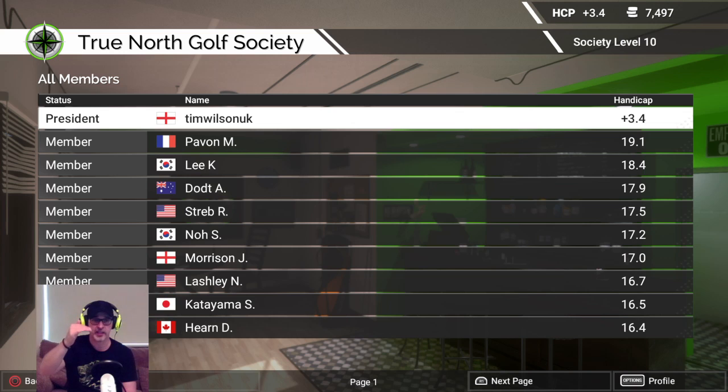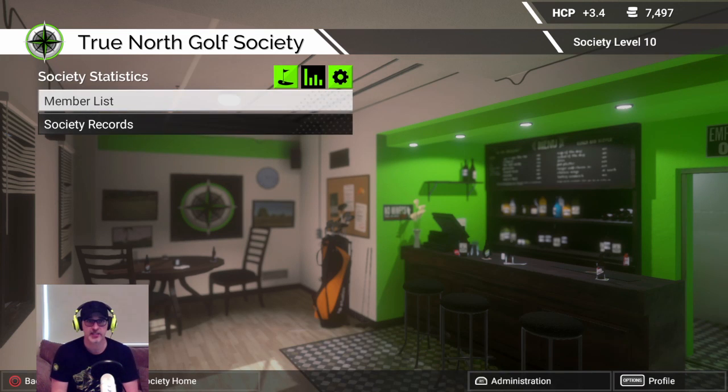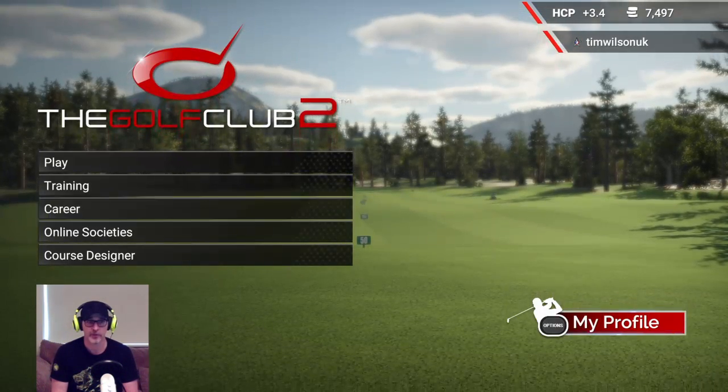So what I would recommend is, before you go through the process of doing what I've done, level your society all the way up to level 10 and then put all of your people in one go. You just put in 300 names and then it will never change. When you then come back and create a season, so let's go back to, not the main menu, let's go